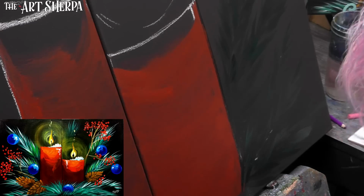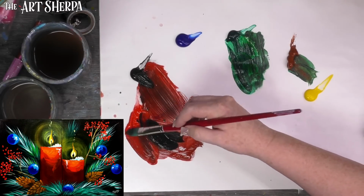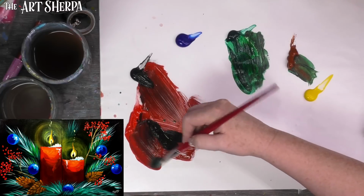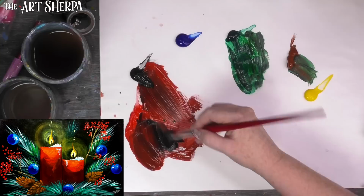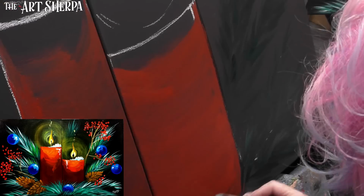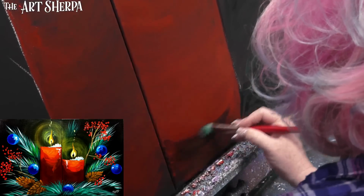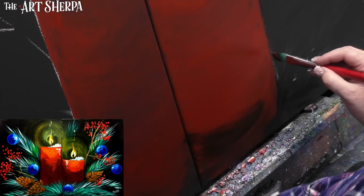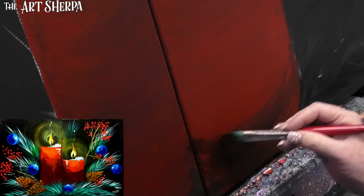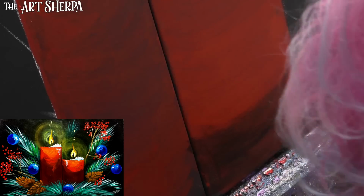Right now, while I'm here, I'm going to take a little bit of my black and more of my red, and I'm going to make quite the darkest color probably in my candle. The reason this is so dark is that it's quite low, away from the light, and shaded by things. You don't want black. You do want it to still be red, right? But you need it to be very, very dark, so that when you put your pine needles on top of it...